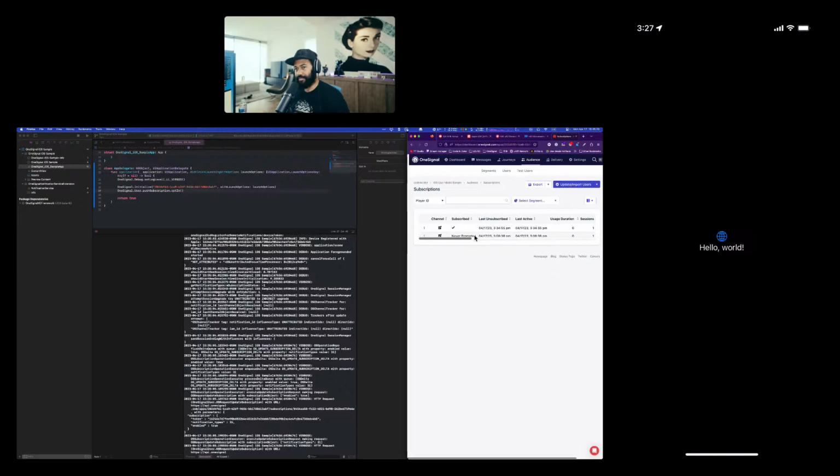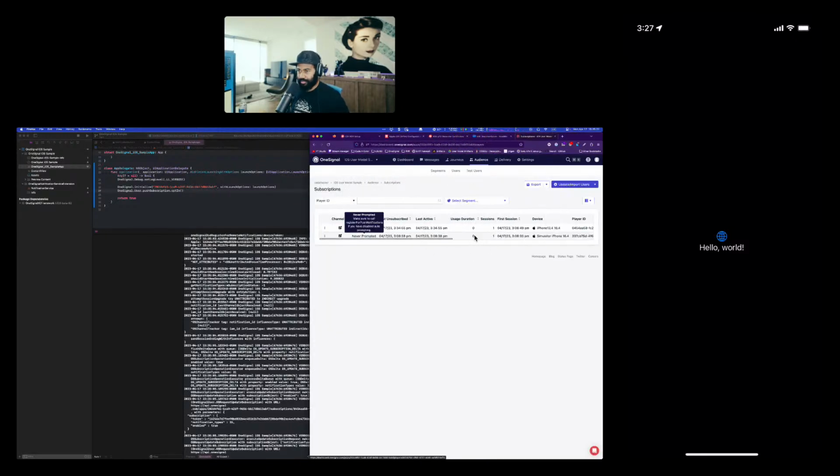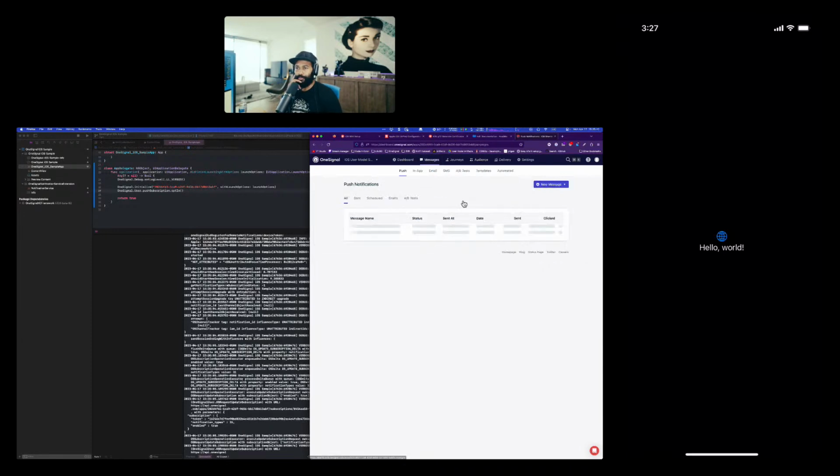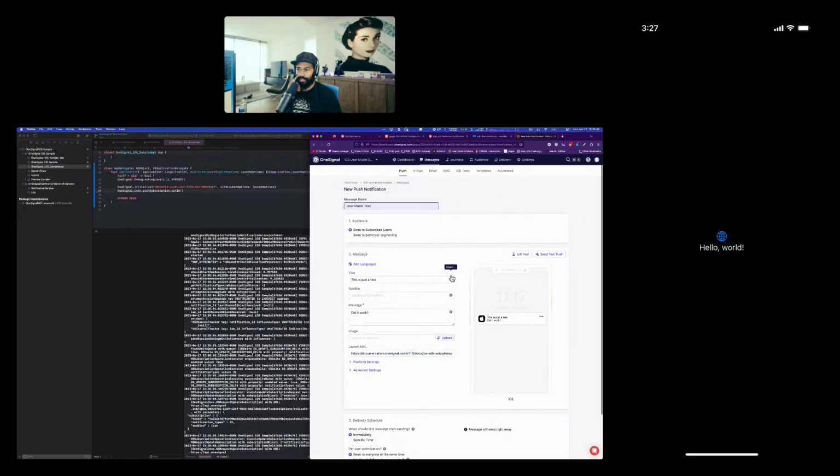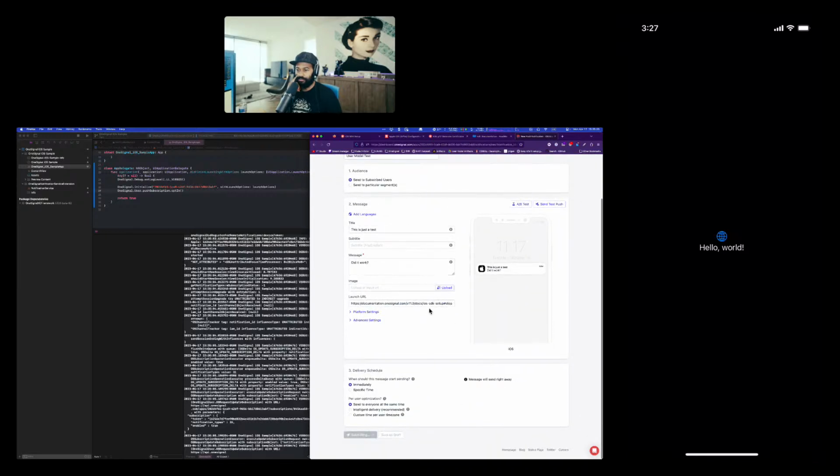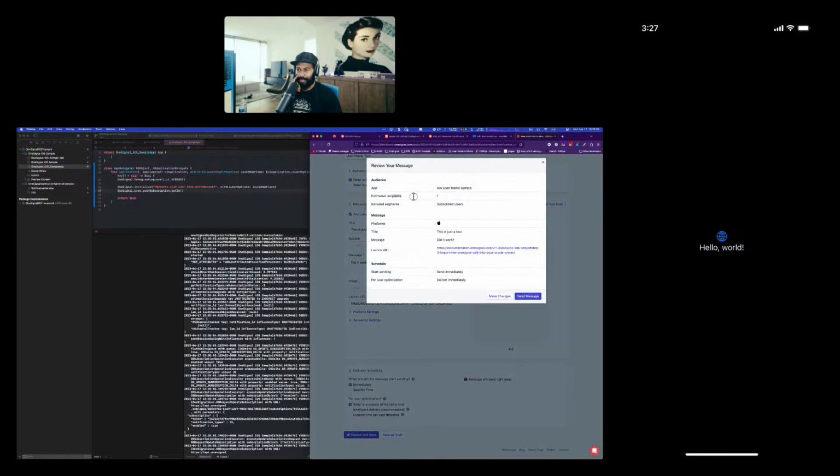All right, yeah. So this is how I know that this is right. It never prompted, and that's because I didn't ask it to. So this device doesn't have the push. However, this one does, and we get subscribed. iOS 16.4. All right, cool. So now if I go back to messages, I should be able to resend this. And there's an estimated recipient, so one.